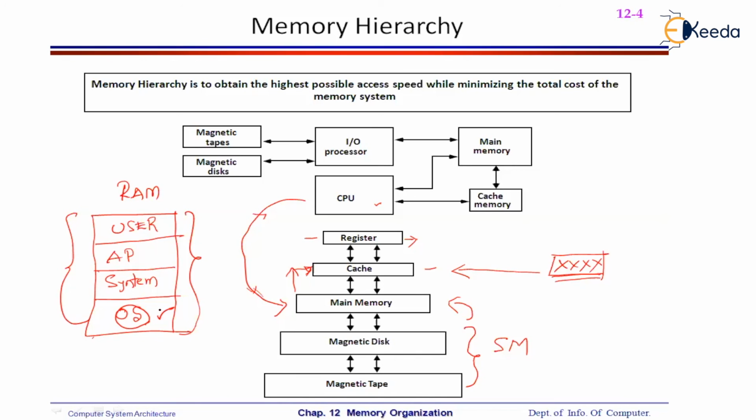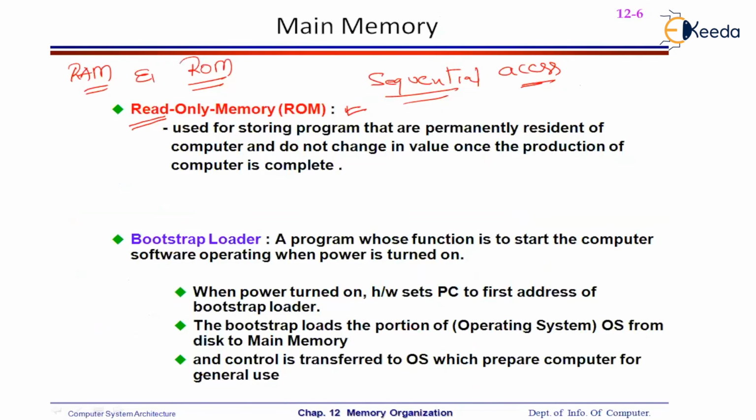Okay, when you start the system, the first thing that is going to be done is to load the operating system into the RAM. But what is RAM? RAM is going to have the operating system the moment it is switched on, and it is going to lose the operating system the moment it is shut down. Now, when it comes to ROM, ROM is going to store some essential programs that should never be erased, that can never be erased in the system.